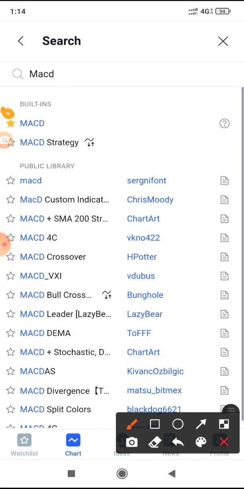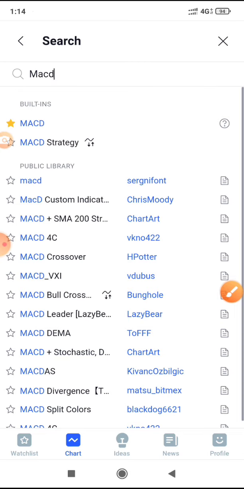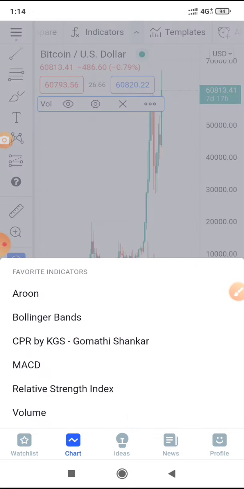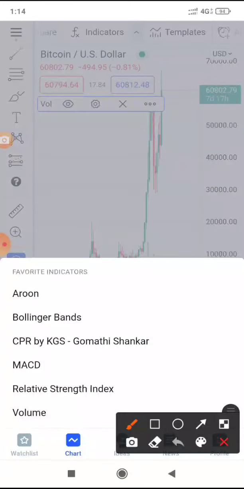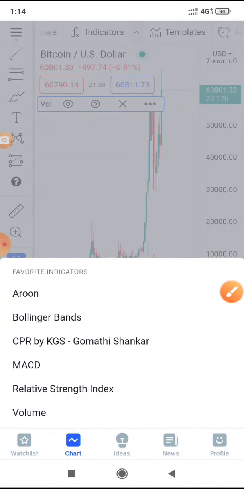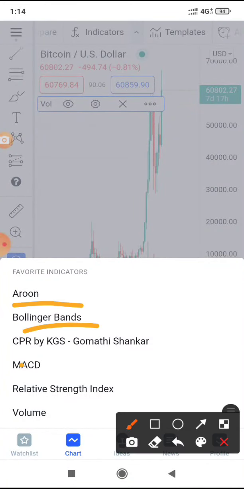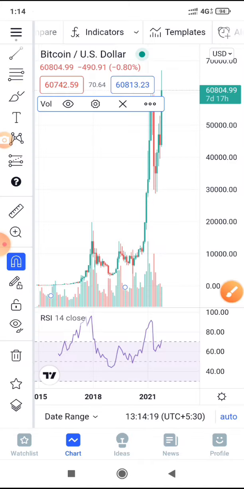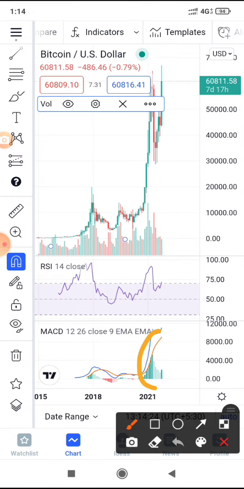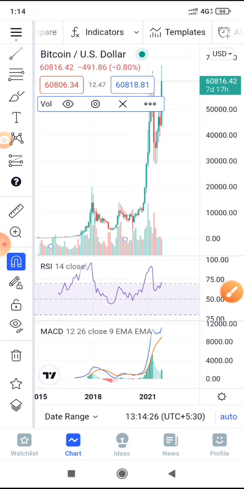So when you click on this star button, you would be able to add that as a favorite indicator. So in my favorites, when I click on the arrow button here, I would see that I have added these many indicators. So these indicators I have added to my favorites. I can select any of them, and it will just be added to my chart, right? So this is how you can add indicators as per your convenience. Then again, you can set an alert, but on the free version only one alert is allowed.